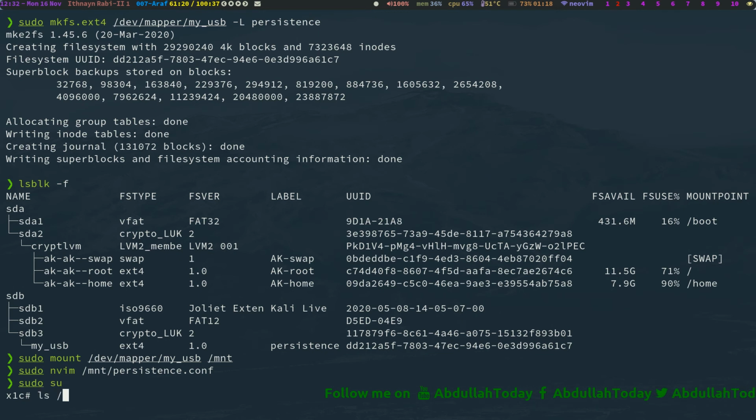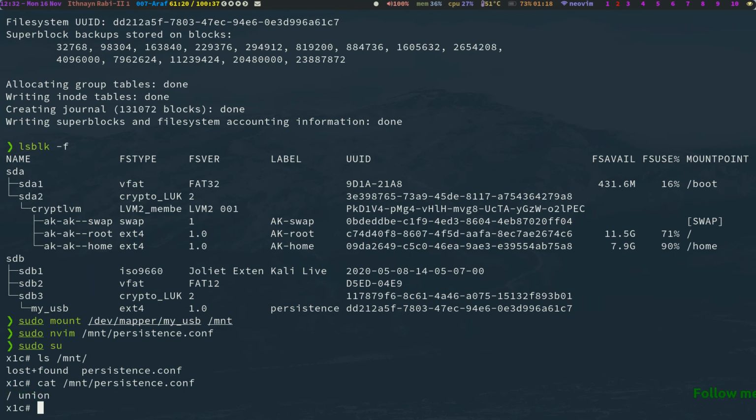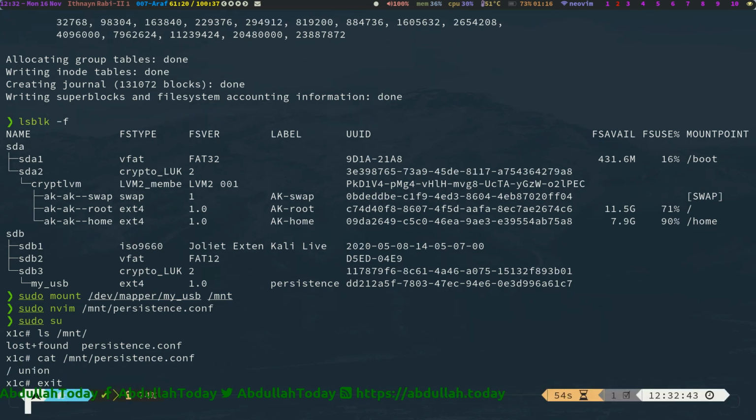So here you can see I have a persistence.conf file. Let's check what is there. Here you can see slash space union. So that's it.